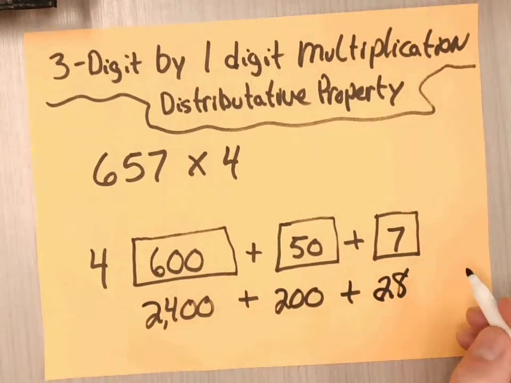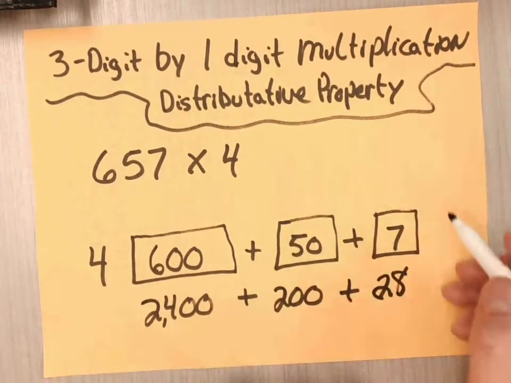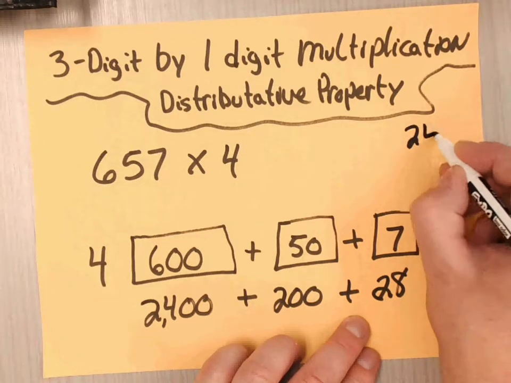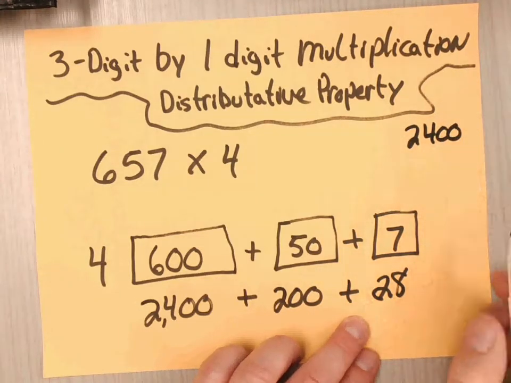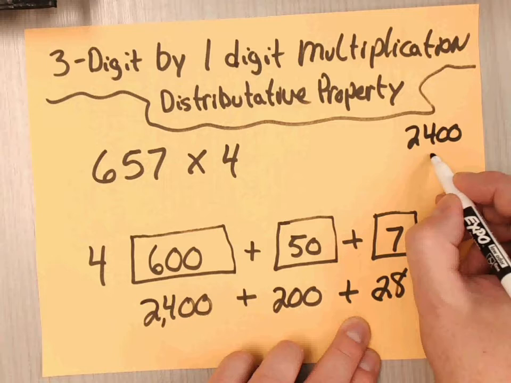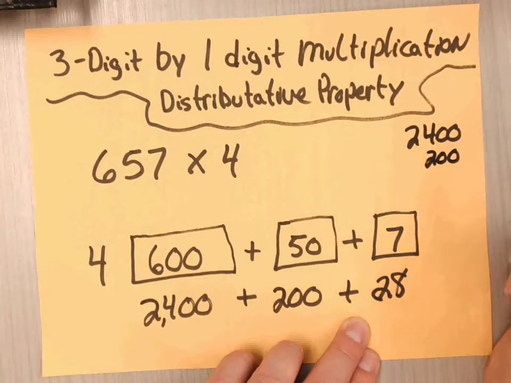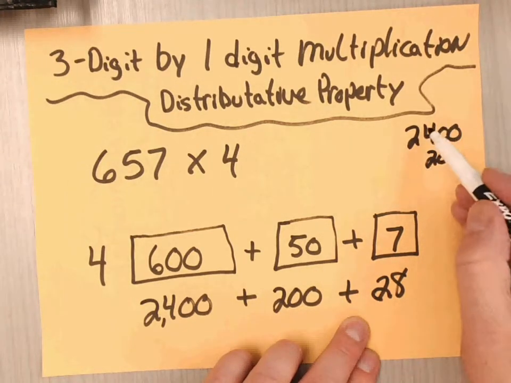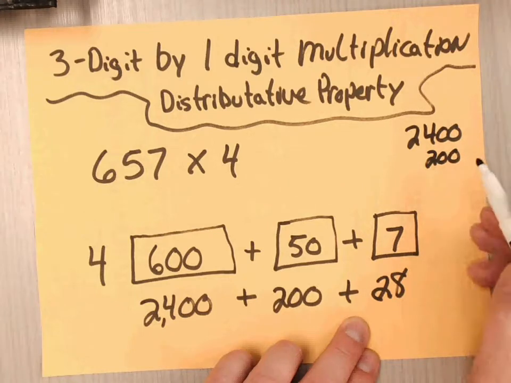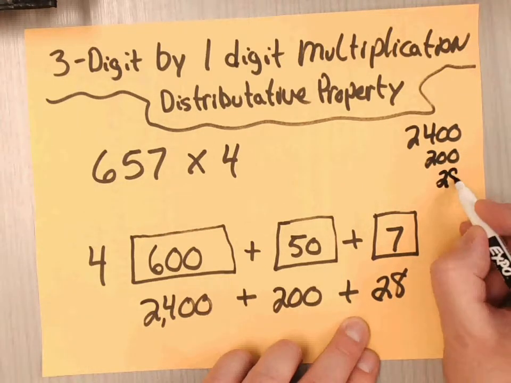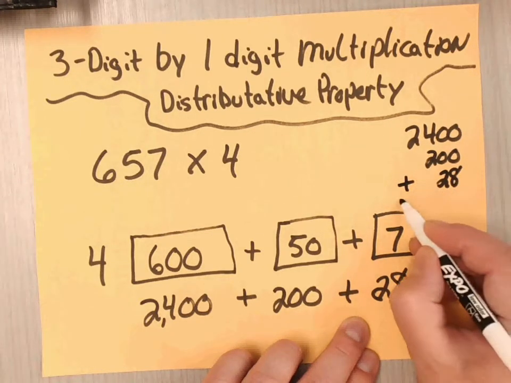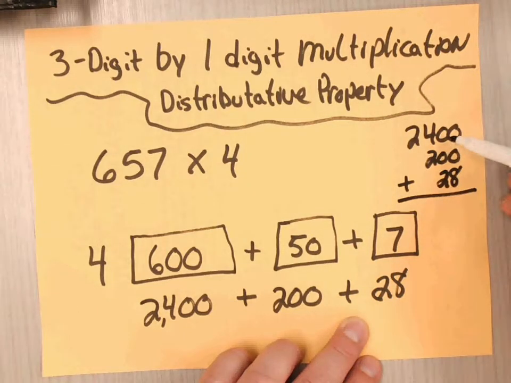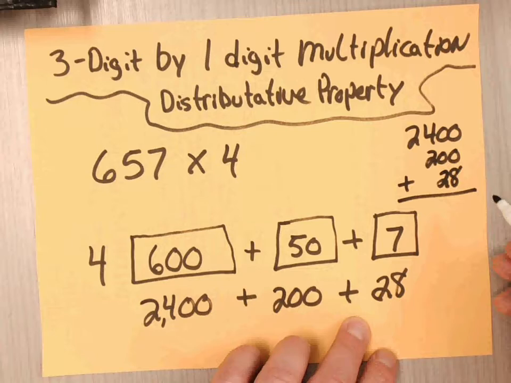And then what you do is, once you have all 3 of those numbers, you simply add them up. So I'm going to write them over here, and I'm going to add them up. The thing you have to make sure is that the place values are lined up when you bring them over here. That's one of the mistakes that 4th graders make. They bring them over here and they don't line them up,